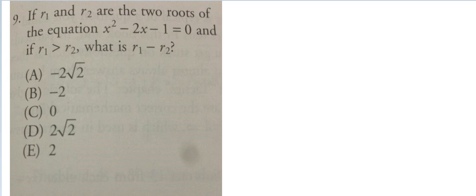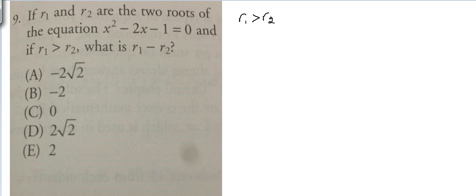Okay, another SAT question. If R1 and R2 are two roots of the equation x squared minus 2x minus 1 equals 0, and if R1 is greater than R2, this is important. This one is important. R1 is greater than R2. What is the value of R1 minus R2? If R1 is greater than R2, then